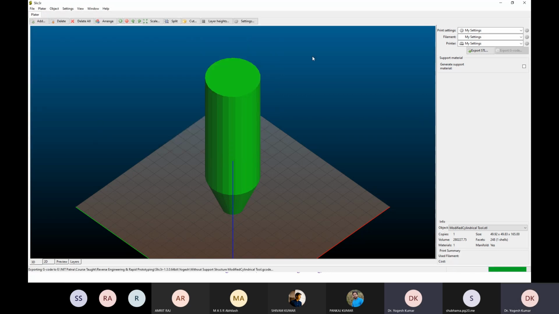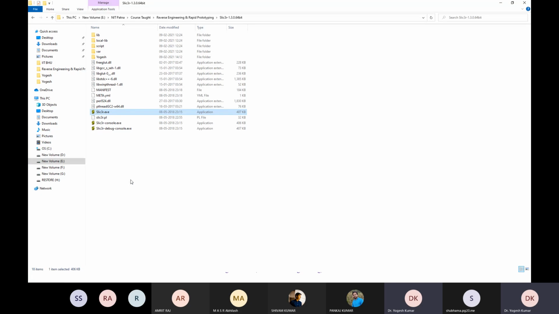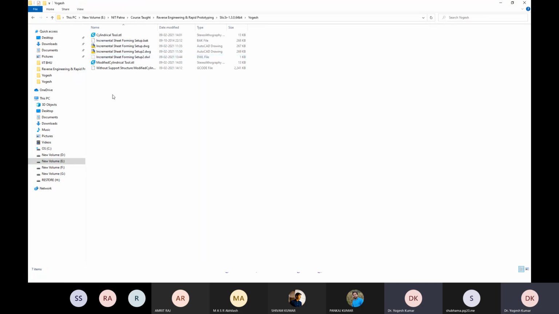Then you can see a progress bar came, and your code has been saved in this particular folder with the name.